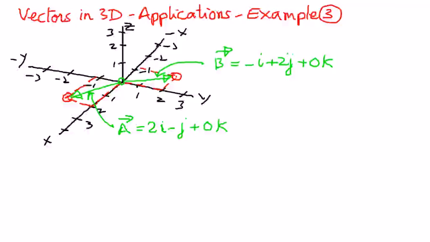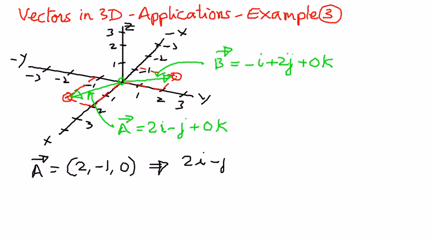Welcome to my presentation. In this presentation, let us look at some applications related to vectors in 3 dimensions. In particular, let us try to find the area of a parallelogram if the sides of the parallelogram are given to us in terms of vectors. Let us say the vector A is given to us as 2, -1, 0, and then we can express this as components of vectors as 2i minus j plus 0k, and then let us say vector B is given to us as